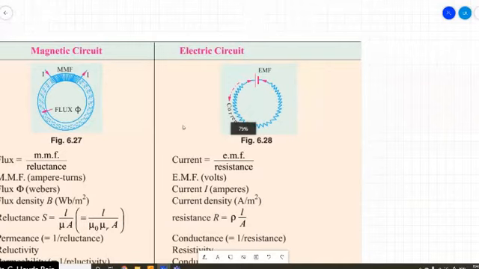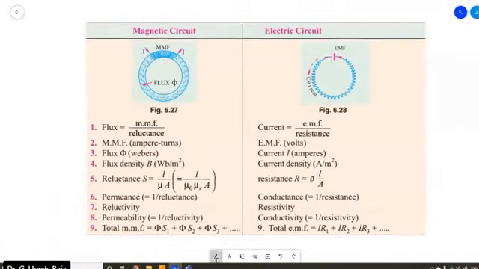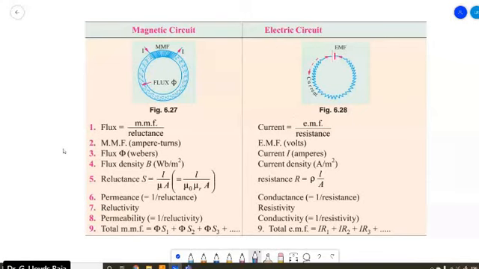So this is again in continuation with what we have discussed in the last class. This in fact summarizes whatever we have discussed till now. On the left hand side you have a magnetic circuit. Here you have a coil which has number of turns N, which is wound at this place, and the current I is passed so that this acts as a magnet, and there will be flux that is passing through